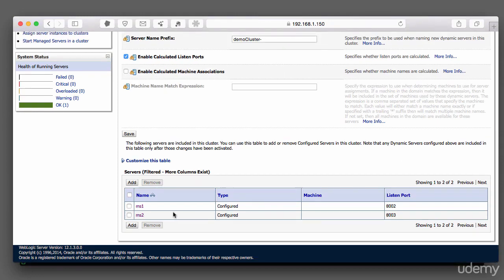MS3 is going to be a standalone server. We are not going to add it to the cluster. And the reason for that is that MS3 is going to act as our load balancer, as our proxy. So now that we've added MS1 and MS2 to our cluster, let's go ahead and start our cluster. So when you hear start the cluster, what that really means is start all the cluster members that are in that cluster. So let's go back to our terminal window